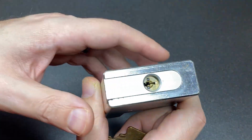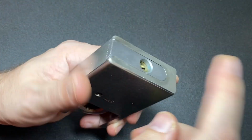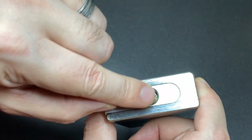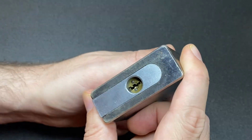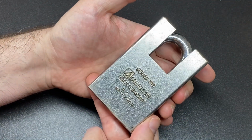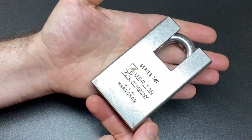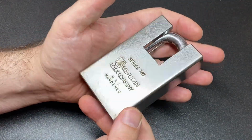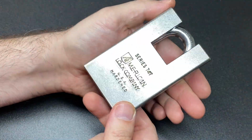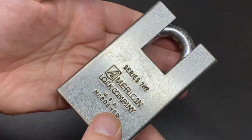dovetailed. God, almost forgot. And I imagine that all of this is hardened steel body, hardened steel slide here. It's anti-pull. It's got some anti-drill bits in there as well. So it's a really high security lock. And this is actually owned, probably wasn't at the time, by the company who make Master Lock. But that company who owns Master Lock can make locks like this, or at least used to be able